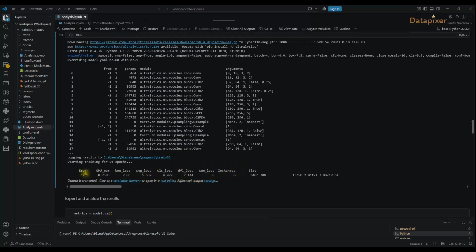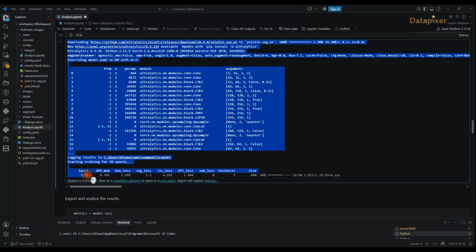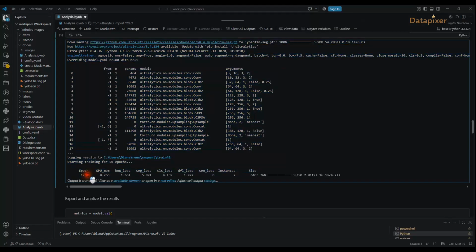First, loading the model. We initialize YOLO, loading the lightweight YOLO 11 segmentation backbone. Second, the training arguments in model.train. The parameter data equals config path points to our YAML configuration file, linking our dataset path and classes. The parameter epochs equals 50. We run training for 50 epochs